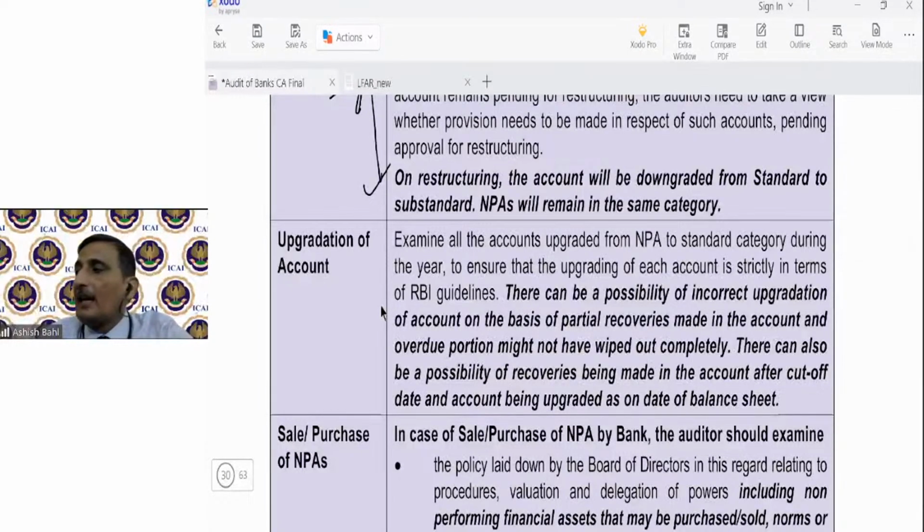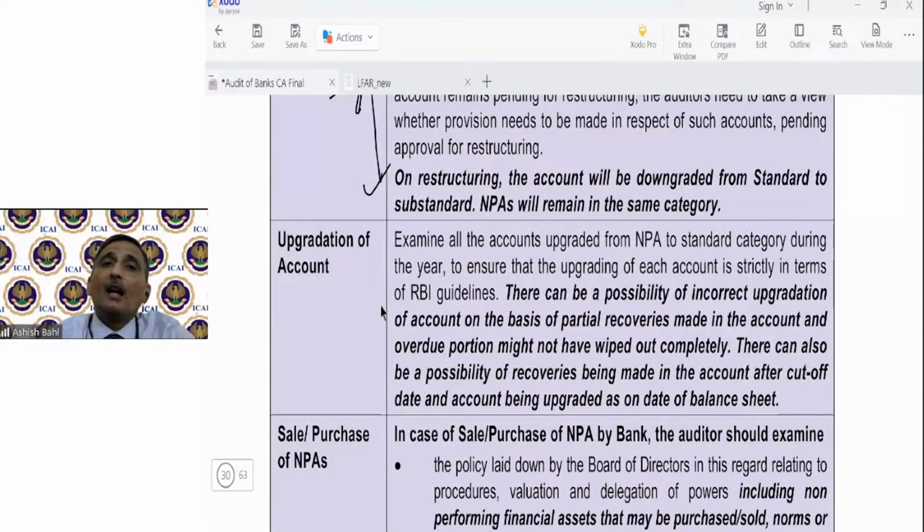Now, the first thing you would see is that all the overdue amount has been recovered. Say the outstanding balance was rupees 1 crore and the overdue amount was 20 lakhs, then he would see that all the overdue amount has been recovered. It is not that the borrower pays some partial amount of 10 lakhs out of this overdue amount of rupees 20 lakhs and the account is upgraded. Whatever irregularity was there has now been completely rectified, completely wiped off.